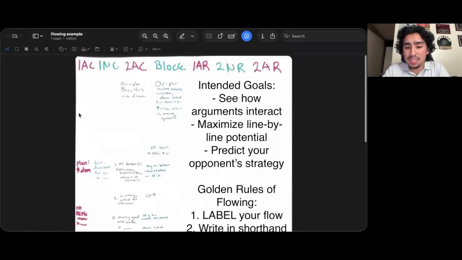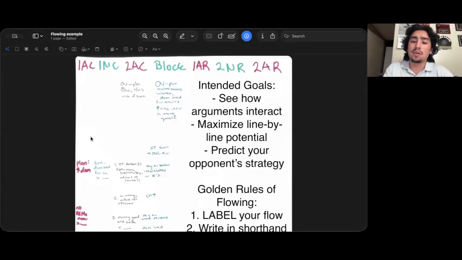So my 6th golden rule would be overview space at the top. Leave at least a third of the page open. It's going to look like a lot of empty space. Just leave it open. I promise you that the overview is going to fill up that space, if not more of that space. So with that being said, let's go over the actual flow